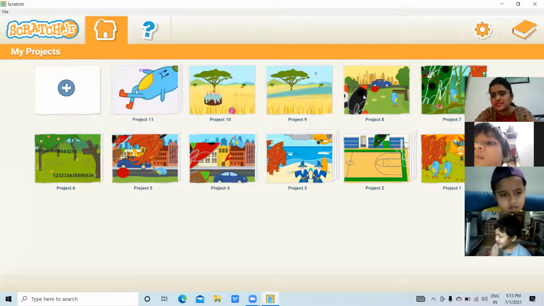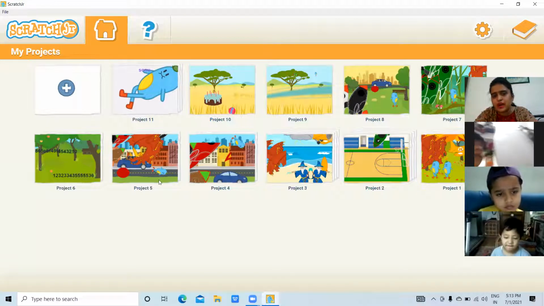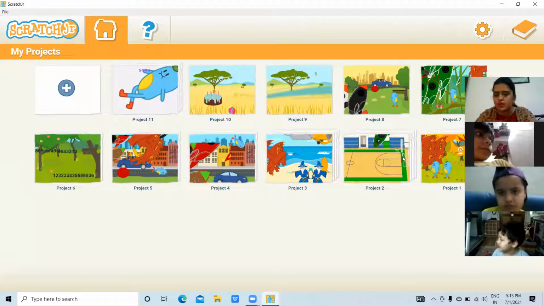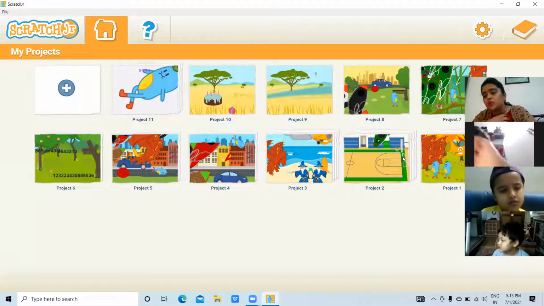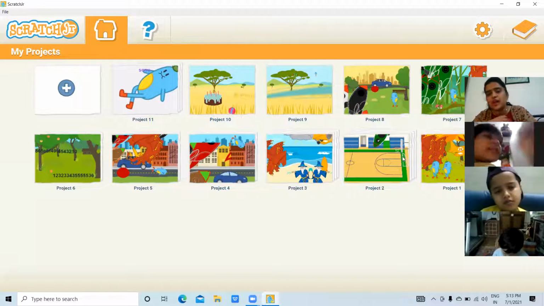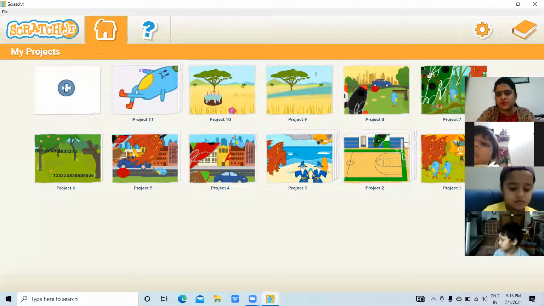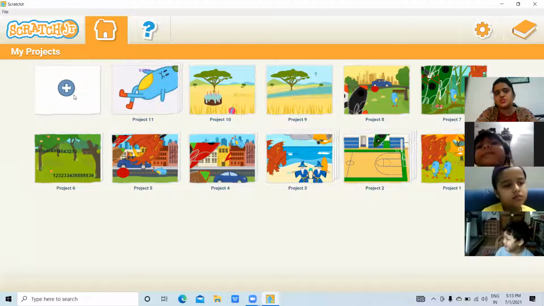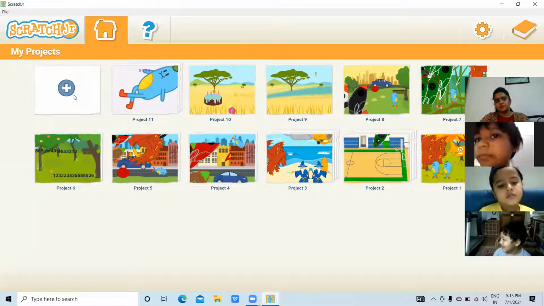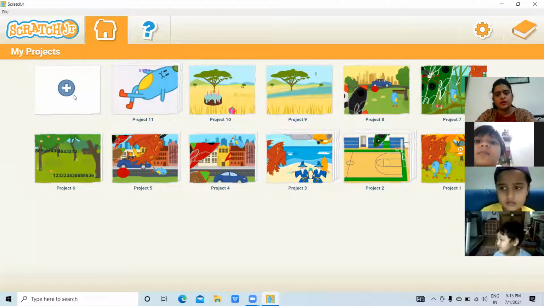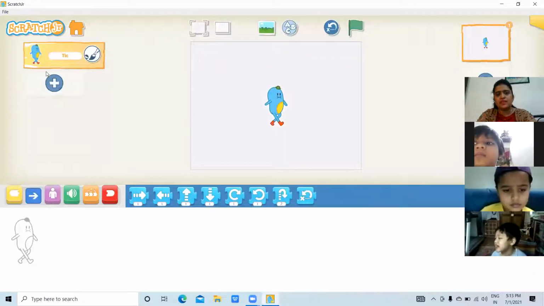There are different projects showing up, but I want to make one new project. So I'll click on this plus button. Just click on this plus button, and then we have come up with this window.